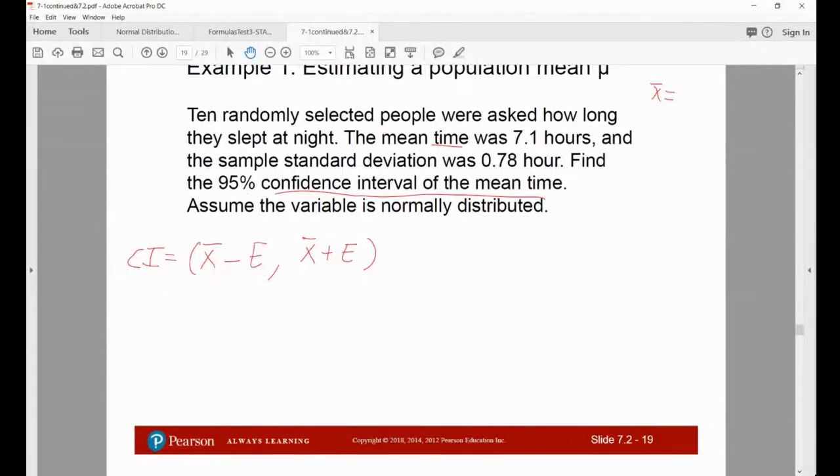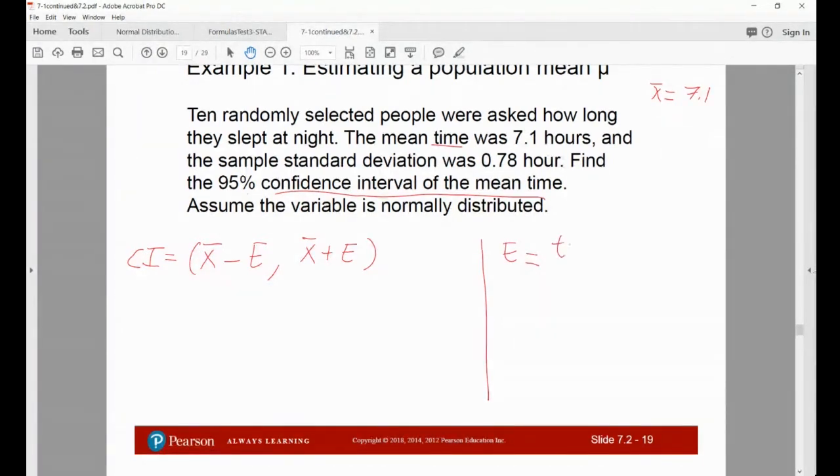When you read the problem, what's the mean of the sample? It's 7.1. So the sample mean is 7.1. So that's the value that we use here. We're going to subtract 7.1 minus the margin of error, and we're going to add 7.1 plus the margin of error. So now we need to find the margin of error,